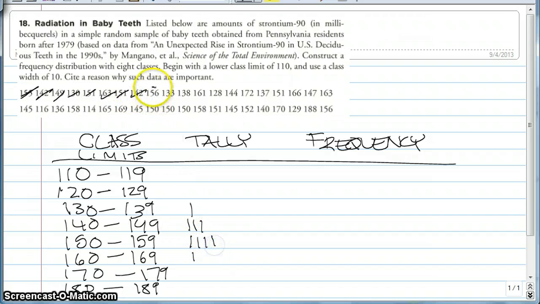156, 133, 138, 161, 128, 144, 172, 137, 151. Now notice 151 falls between 150 and 159, so like a tally, I'm going to use that little indication